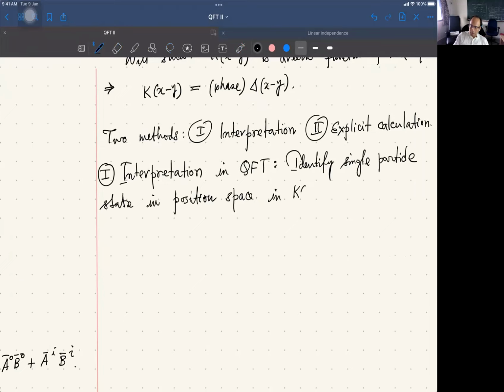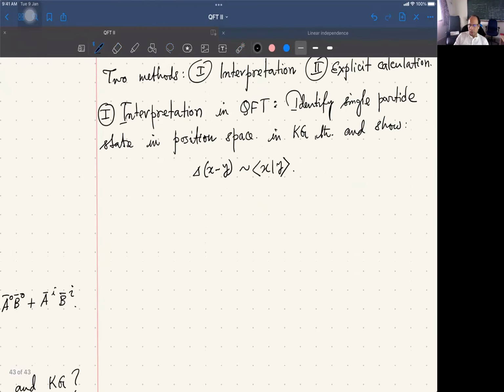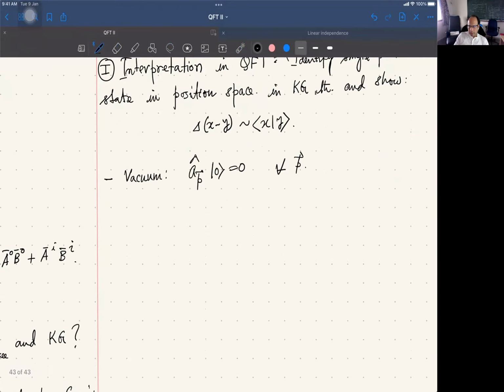In Klein-Gordon theory, and then show that delta x minus y is, up to a phase, the x-y overlap. Okay, so to do that, let us first consider vacuum. Vacuum is the one which is annihilated by all the A_p operators for all p. Then single particle